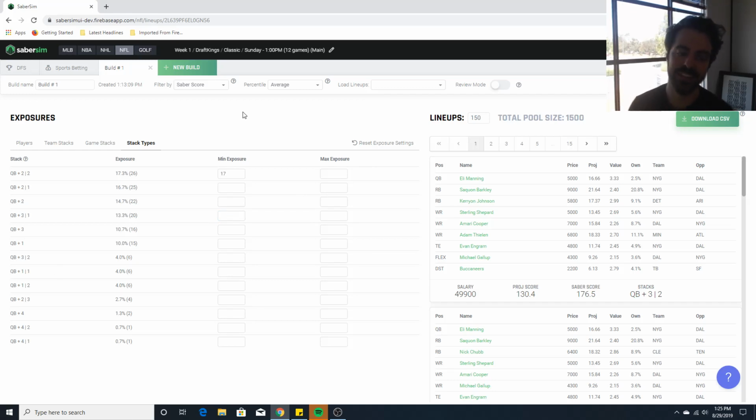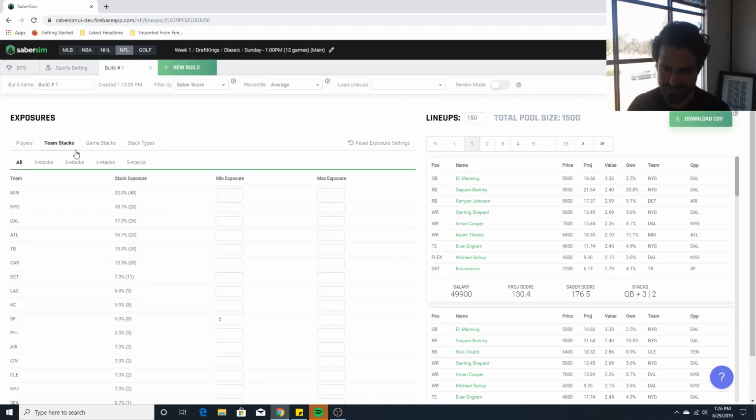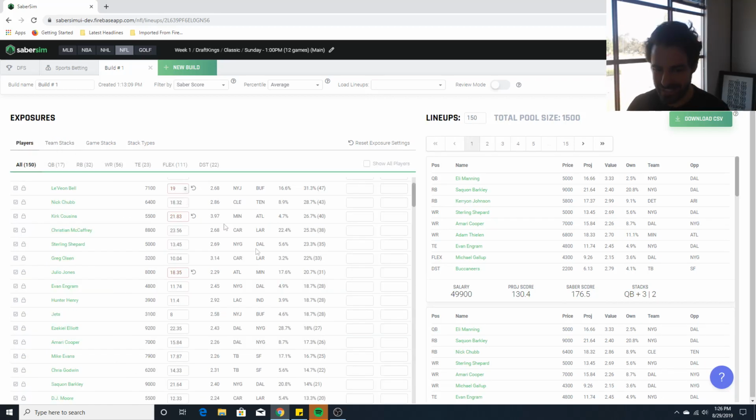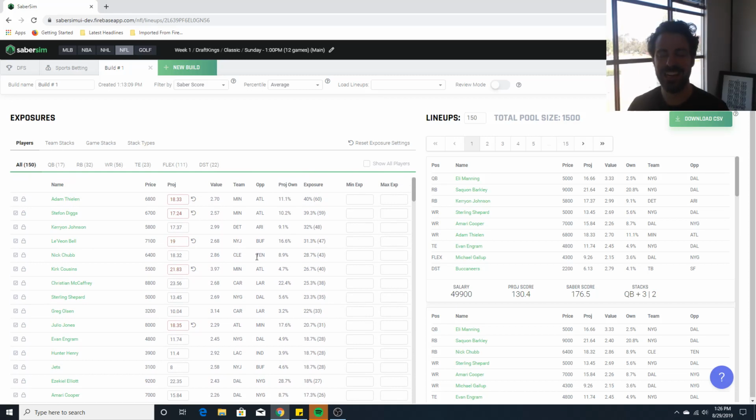And you raise a few lineups. Let's say I really just don't like these QB plus 4 things. I think that might be suboptimal. Well, I could just lower those to 0 and get rid of them. And now we have the stack types we want, the game stacks we want, the team stacks we want, the players we want, and you have this very quick control